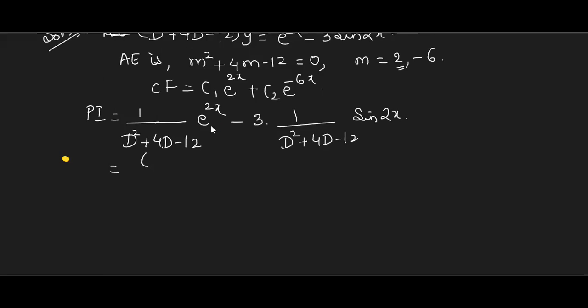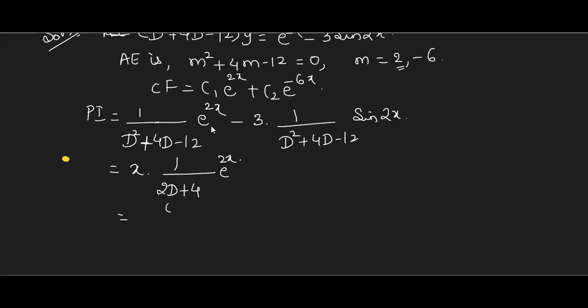2 square is 4. It is 0. Yes, surely it will be 0. So if it is 0, then do we replace or not replace? Don't replace, which means apply the procedure. What does the procedure say? Multiply the numerator by x and differentiate the denominator. What is the derivative of d square plus 4d minus 12? 2d plus 4. Very good. 2d plus 4, then keep e raised to 2x as it is. Now 100% it will not become 0.